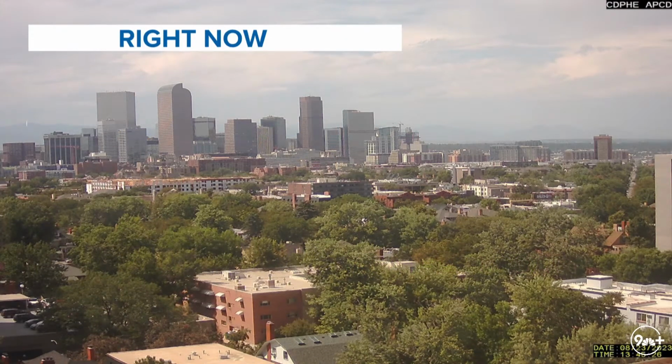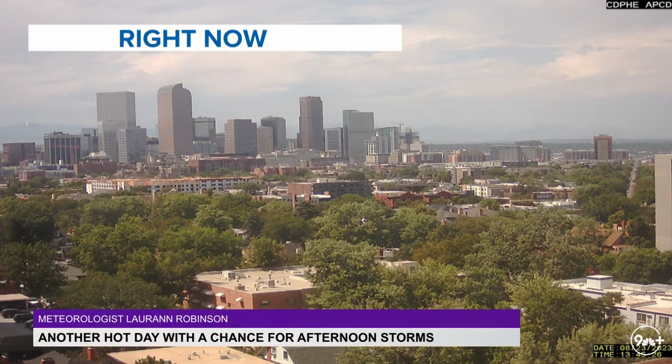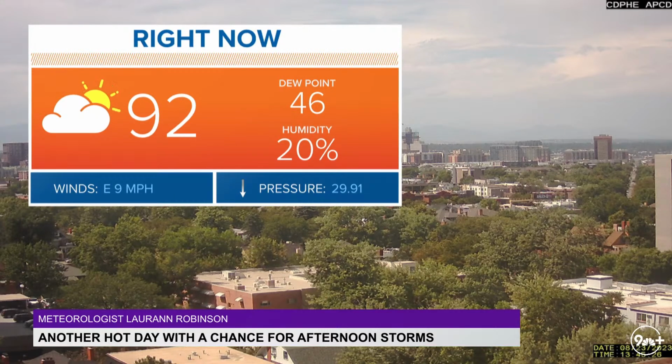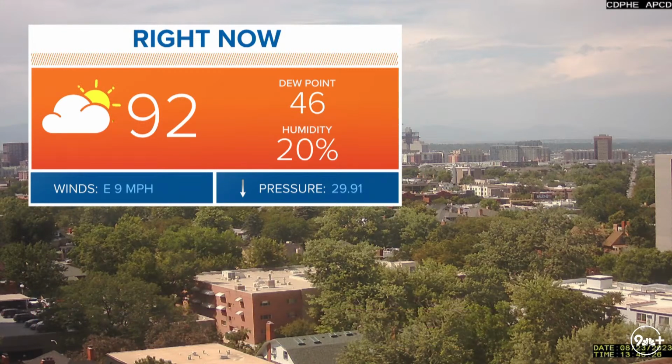We start with a live look outside over downtown Denver because it's still a very beautiful day here. We do have a little bit of cloud cover that started to push in and some very scattered brief storms off to the west in the high country and the western slope. Still very dry and hot at DIA, 92 degrees, a good mix of sun and clouds. Dew points down to 46 degrees. We have winds coming in from the east at just around 9 miles per hour, so pretty calm out there